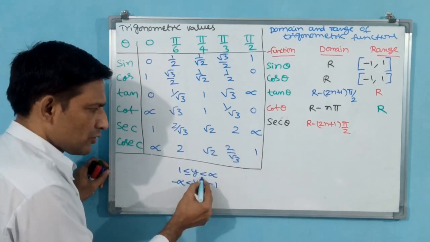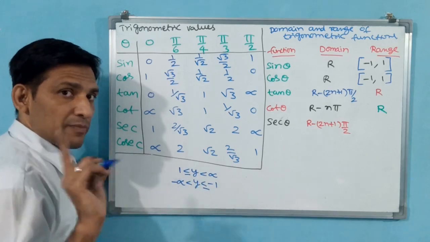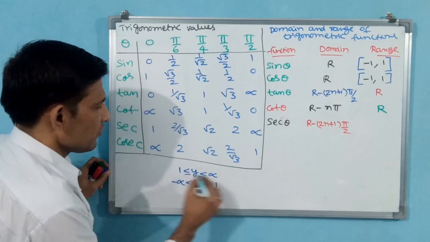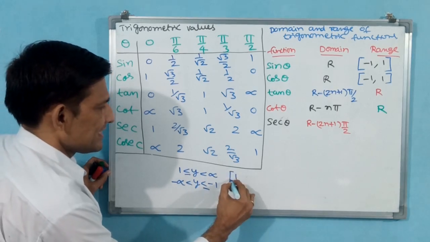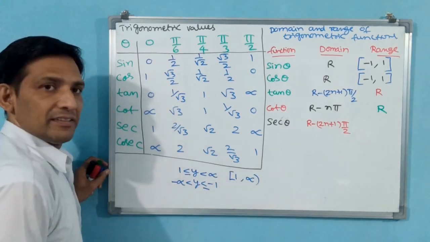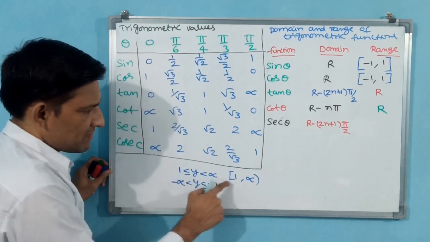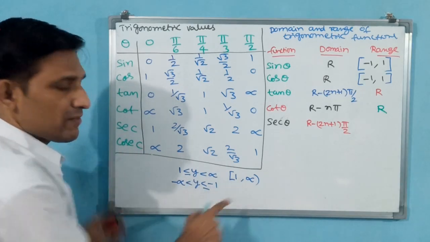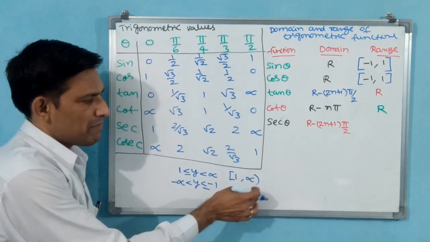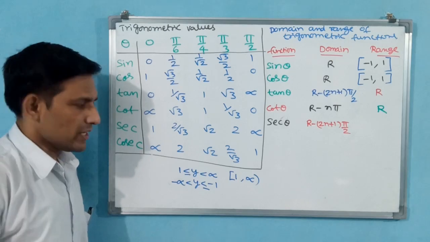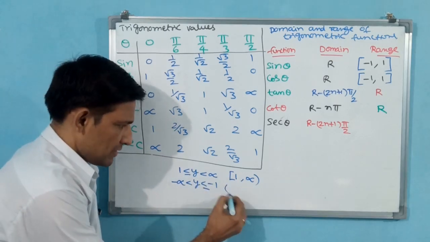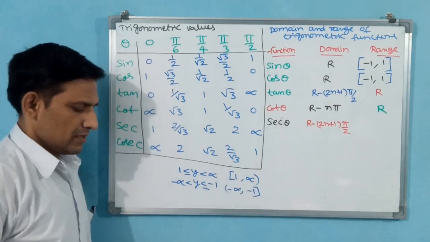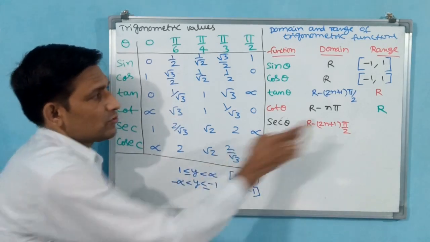But on the infinity side, can you put the equal to symbol? No, you never keep an equal to symbol at infinity. If you want to write it, write like this. Because 1 has equal to, that is why closed bracket. But infinity never becomes a closed bracket. We don't know the value of infinity, that is why open bracket only, parenthesis. How to write this one? This one also, minus infinity to minus 1, but closed bracket. This you have to write here.